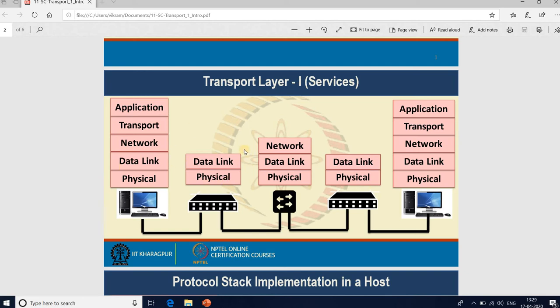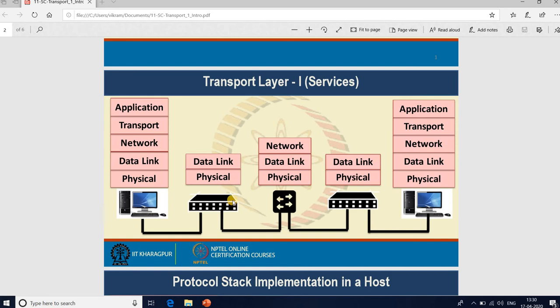So when you see this diagram, there are two different hosts transferring data between them, two end hosts you can say, and these two end hosts have all 5 layers of the TCP/IP protocol stack, starting from the application layer where you are running certain kinds of applications like a browser. Then you have the transport layer, which provides end-to-end connectivity between the two hosts and helps you find a suitable path between the two devices in the network through multiple intermediate devices like routers and switches.